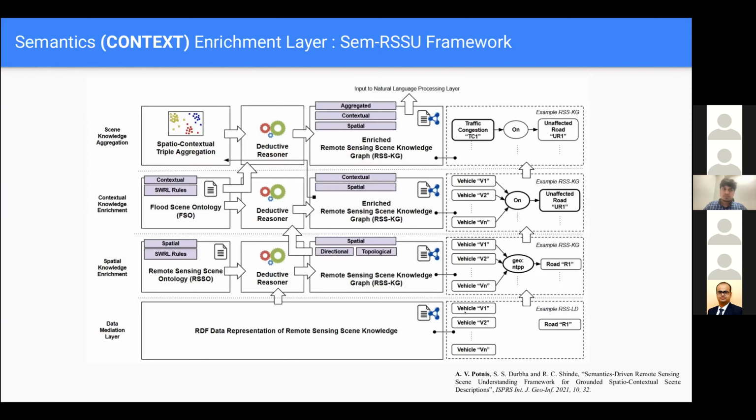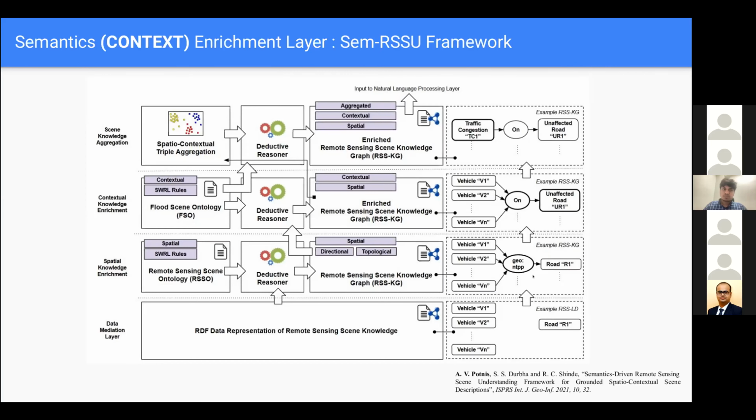So you can see that what were individual regions called vehicles and roads are now connected with one another using this particular relation called geo-NTPP. The full form of NTPP is non-tangential proper part. It is one of the RCC 8 relationships, which is the standard to represent the spatial relationship between two entities, right? So the machine was actually able to infer that the vehicles are connected to this road region through this geo-NTPP relation.